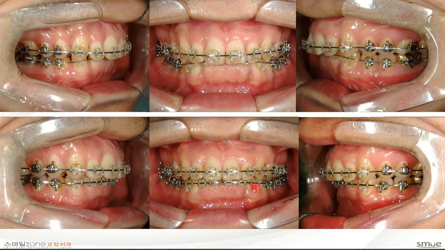Yesterday I talked about the wire sequence. In this case, I'm leveling the curve of Spee in the lower, and I need a kind of reverse curve in the stainless steel wire. So that's why I changed the lower to the stainless steel wires and incorporated a reverse curve of Spee to level